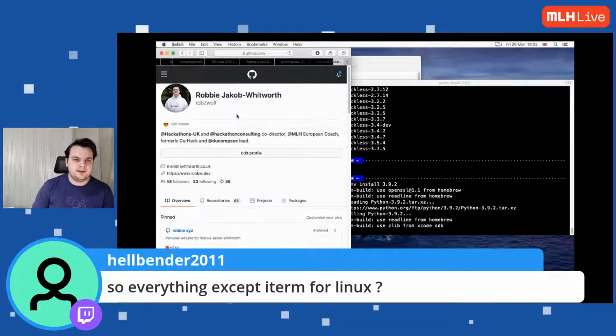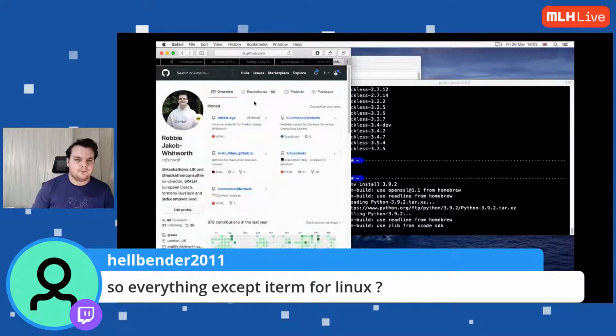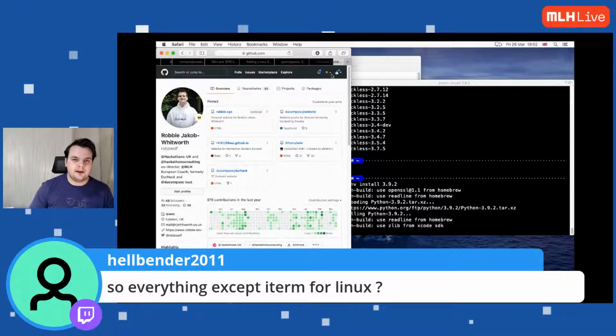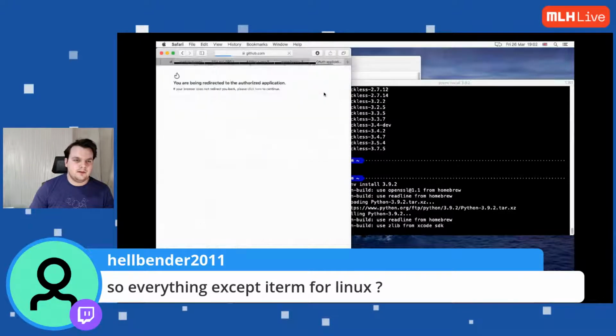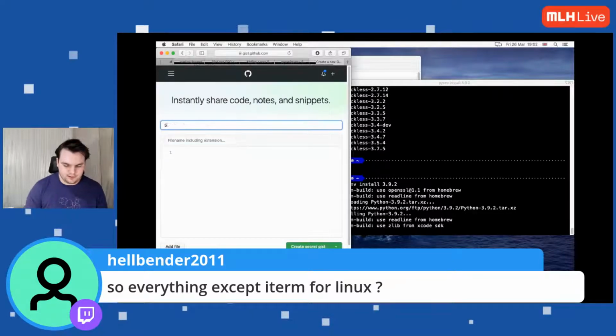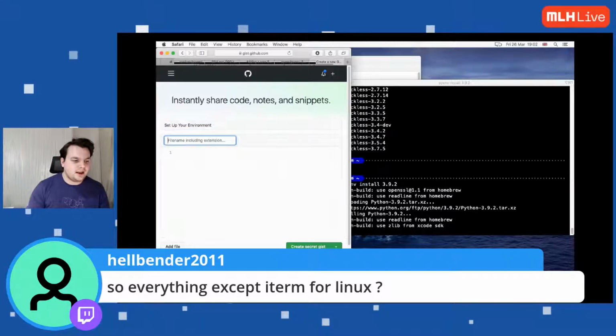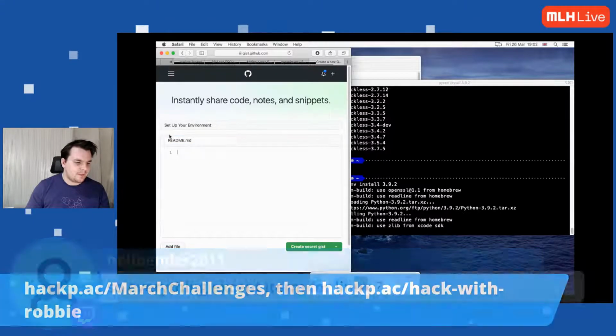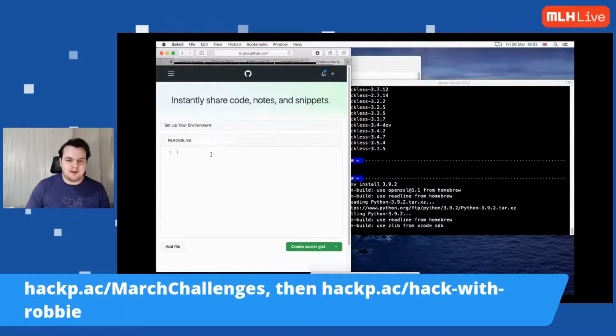Let me zoom out a bit. Okay, I'm going to go ahead and click on New Gist. We'll call the description, set up your environment. File name. I don't actually think I've ever set up a gist before, so this is first time for everything. readme.md. So we said, first of all, install,